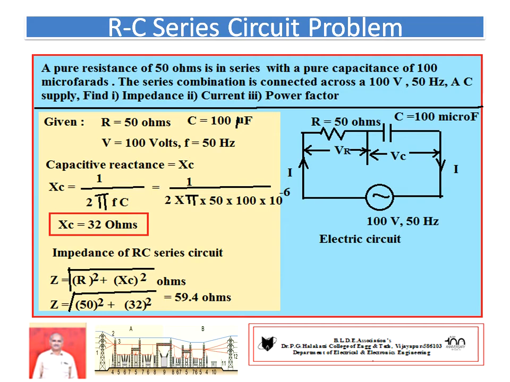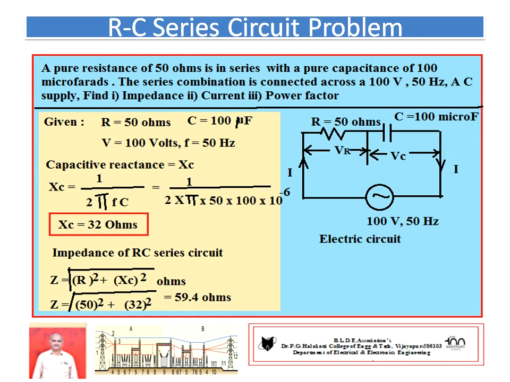Remember, sir. Hence, we have to go for XC. XC equal to capacitive reactance, this value equal to 1 divided by 2 pi fC, where f is frequency of applied voltage, C is capacitance value in farads. Try to understand, C value always in farads. So it is given in microfarad. So frequency is 50 Hz, C equal to 100 into 10 to the power minus 6. So you calculate the XC.